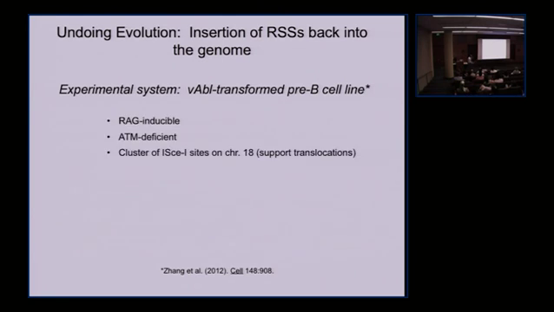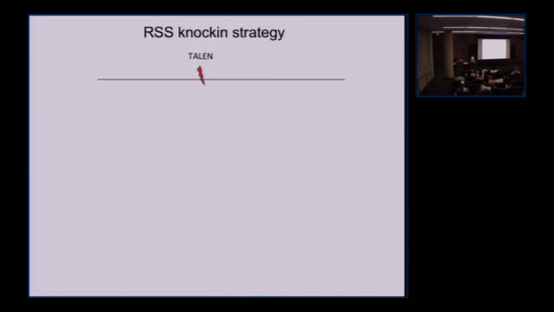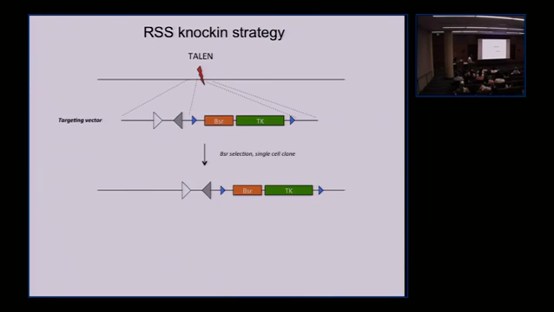you don't need to know the details of, but the ones we're using are RAG-inducible. They're ATM deficient, which is important if you want to detect translocations. Otherwise, it's not particularly relevant. And so the strategy is we use a TALEN, which is a nuclease, to make a site-specific cut in the genome. We have a targeting vector, which has its two homology arms, one of which has been subtly modified to contain recombination signals. So you knock the RSSs into the genome of the pre-B cell,